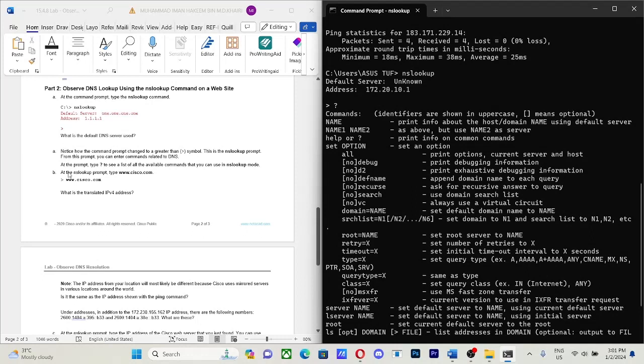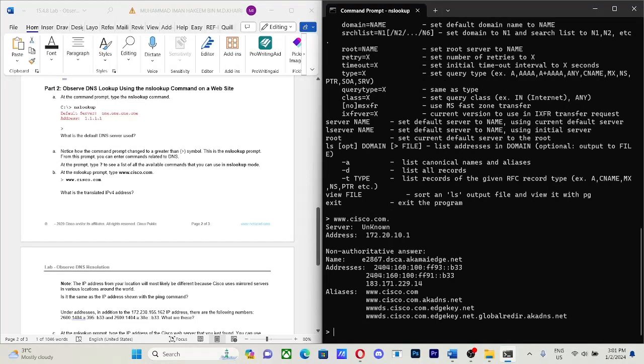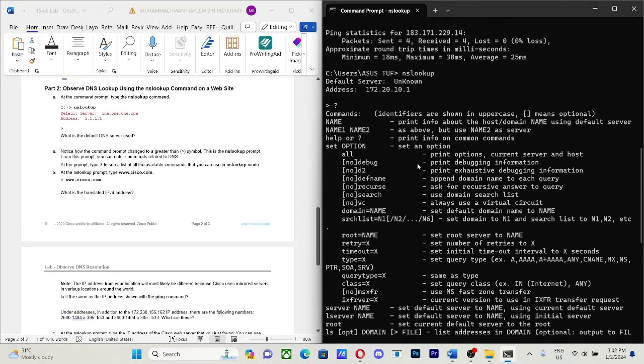Next one is, in the nslookup prompt, type www.cisco.com. So we can just copy this one and paste. Okay. So for this www.cisco.com, the address is IPv4 172.20.10.1. It is just the same as the above,